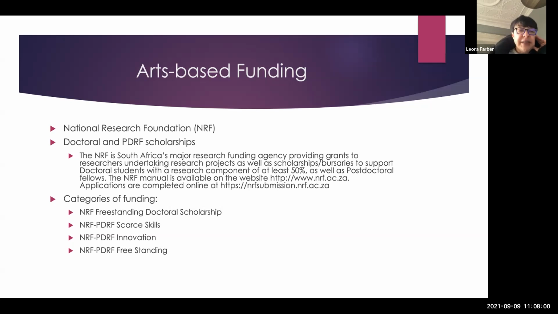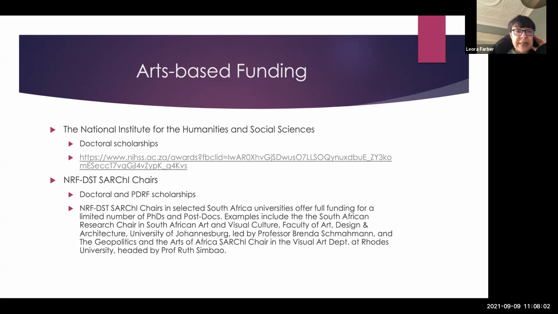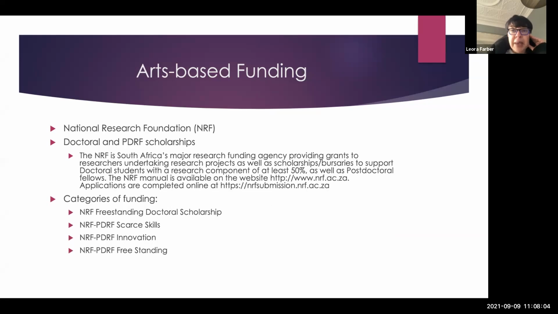They also offer a scarce skills funding, which is actually considerably more than the freestanding bursary. And this is for people that can offer something very specific, that is, they're doing work in very specific areas that would make a contribution to the strategic priorities as set down by government for development in South Africa.